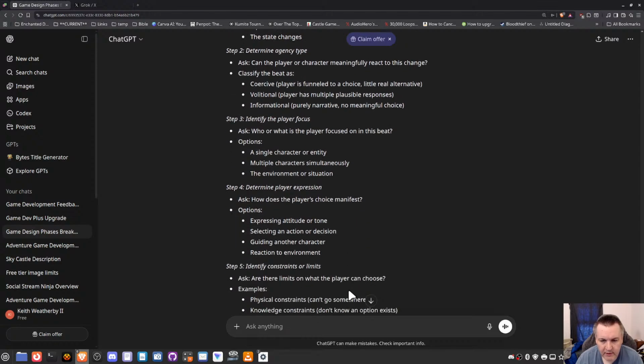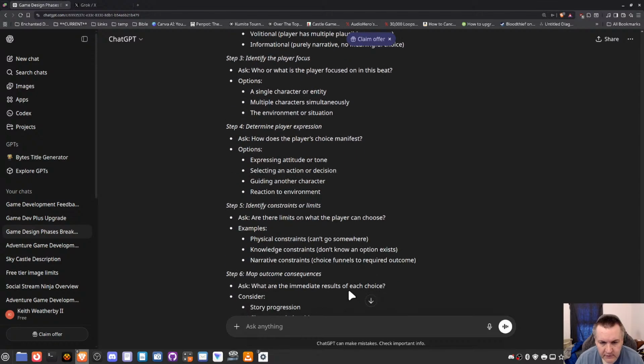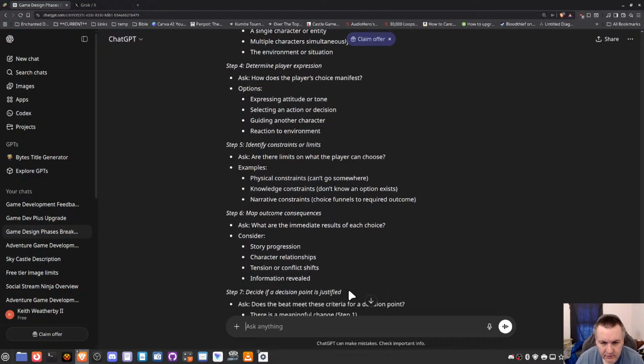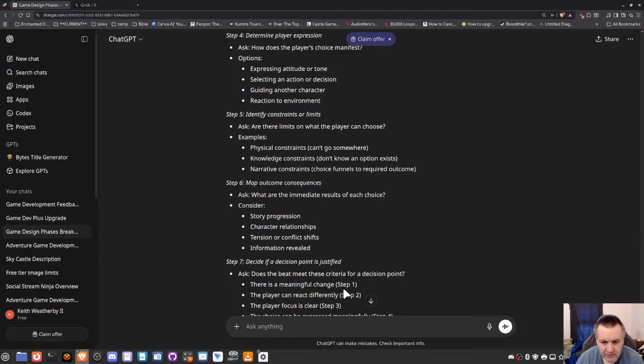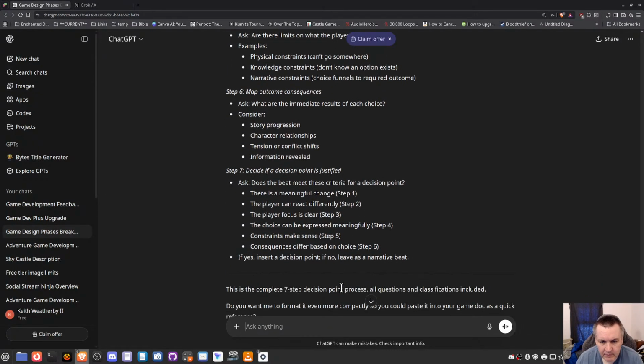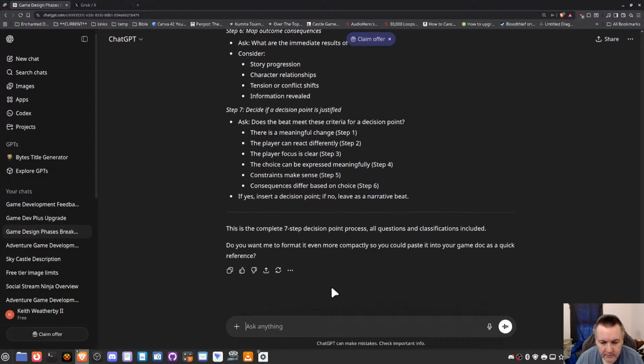Who or what is the player focus in this beat? Determine player expression. How does the player choice manifest? Identify constraints or limits. Map what are the immediate results of each choice. React differently. The player focus is clear.